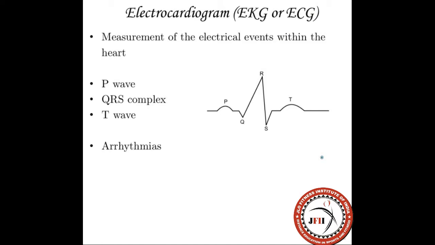An EKG or ECG stands for electrocardiogram. The English abbreviation would be ECG. EKG comes from the German for cardio. You can use either one. EKG and ECG is the same thing. This is a measurement of the electrical events within the heart. And when we look at one single beat, there are a few different points. They call them waves. The P wave,